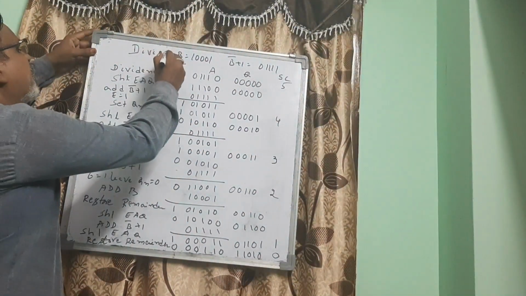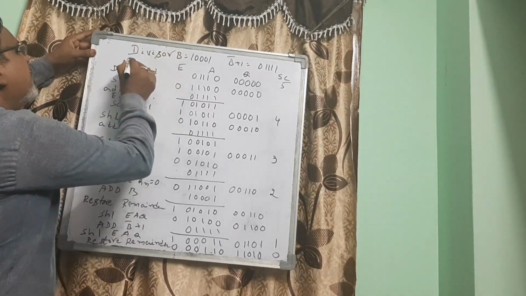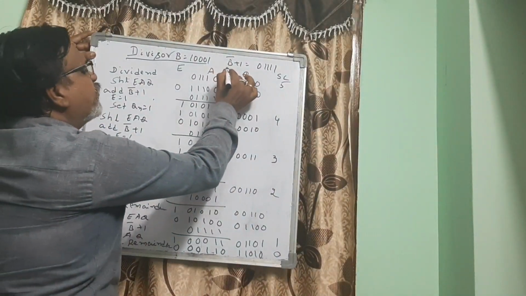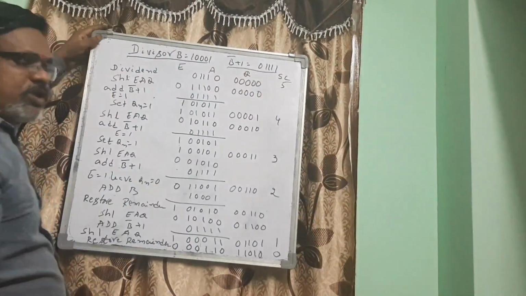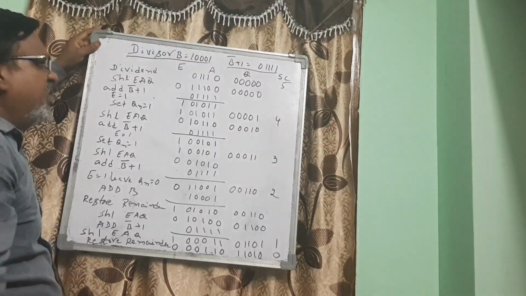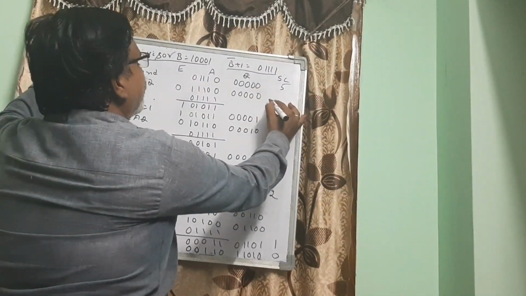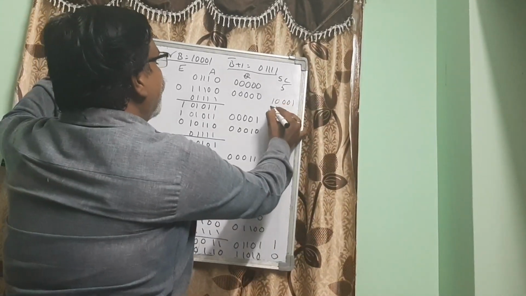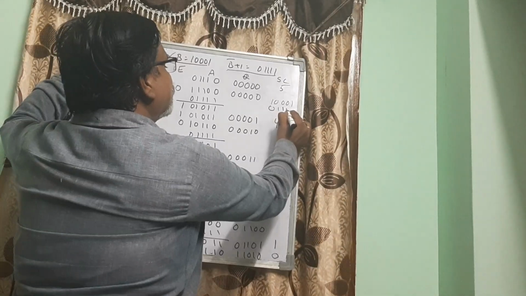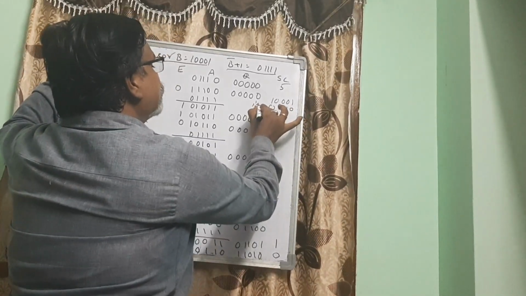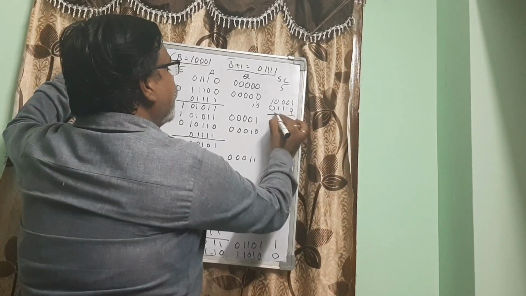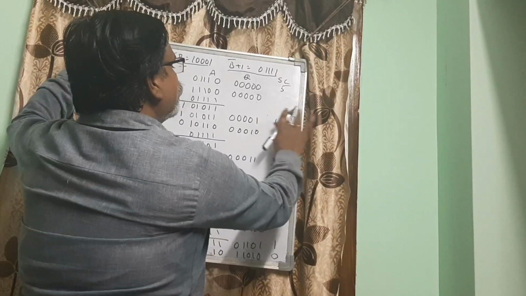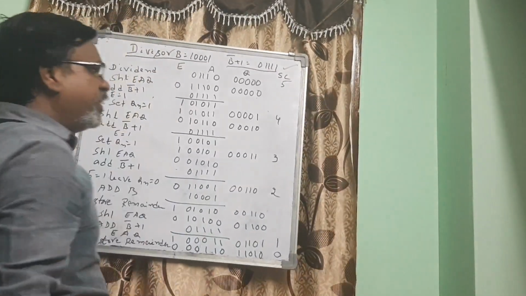Now, as I told you in the flowchart, let us take an example where the divisor is in the variable B, and we found the 2's complement of B as B bar plus 1. For example, 1 0 0 0 1. If you want to find its 2's complement, first you have to convert all zeros to ones and ones to zeros. This is the 1's complement, and adding 1 to it you will get 0 1 1 1 1. So this is the 2's complement. In this method you found and kept the 2's complement aside.